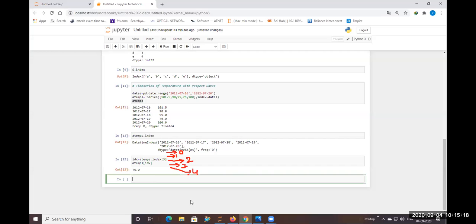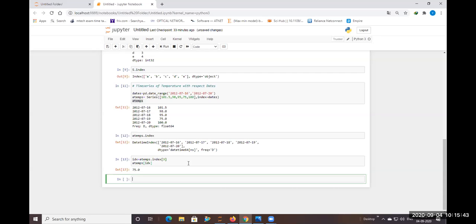Running this, you can see the output of 75. So if you want to find the temperature on a particular date, you can check it there.